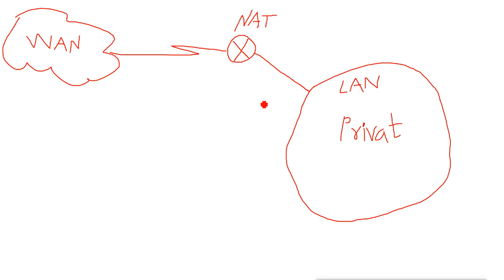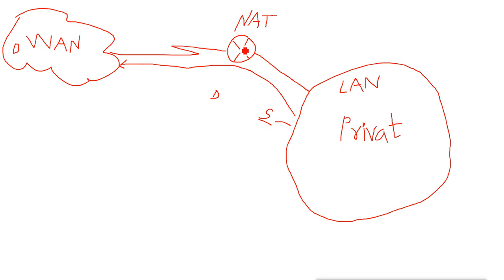So we can configure NAT on this router. When any machine tries to send data on the public network, it needs a public address. When it sends the data, the source address will be the private address, and the destination could be any, but maybe it is a public address. Say it is trying to connect to a server on the WAN, on the internet. So the destination will be public, but the source will always be private. So it will be dropped on the WAN network.